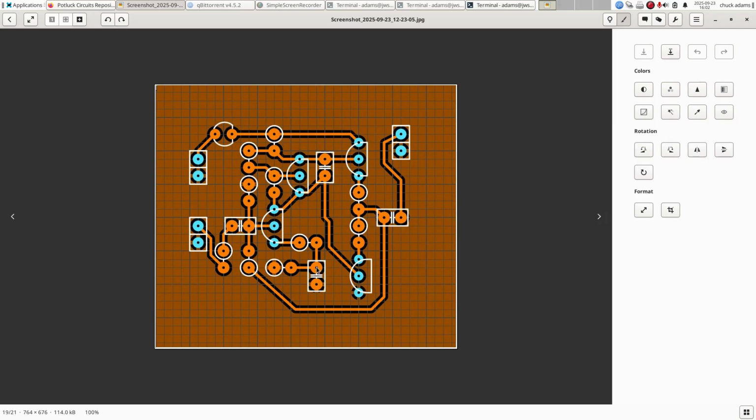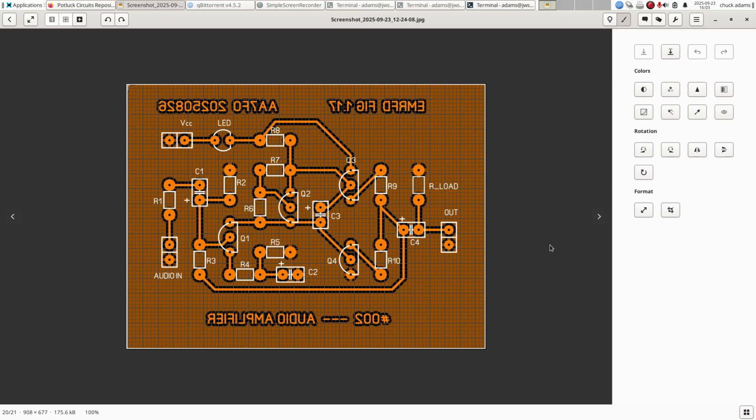And there's where the electrolytics are. I didn't mark the polarity, but you can figure that out yourself. There's the LED and everything. But that's not the one I built. I built this one. Now this one is